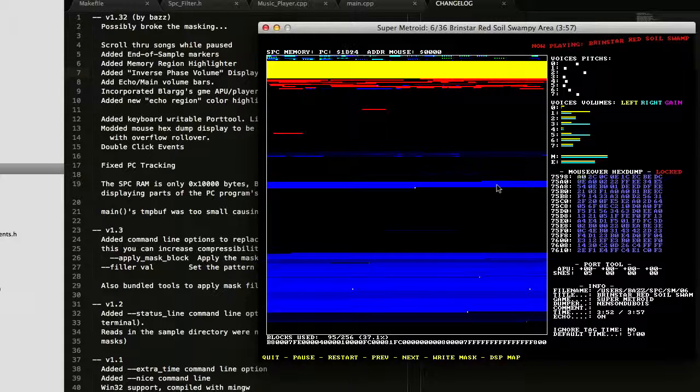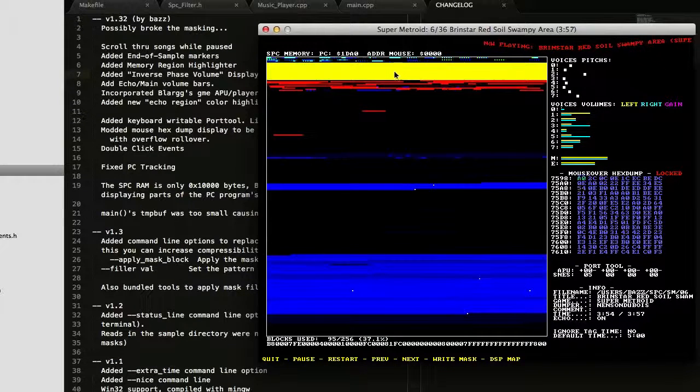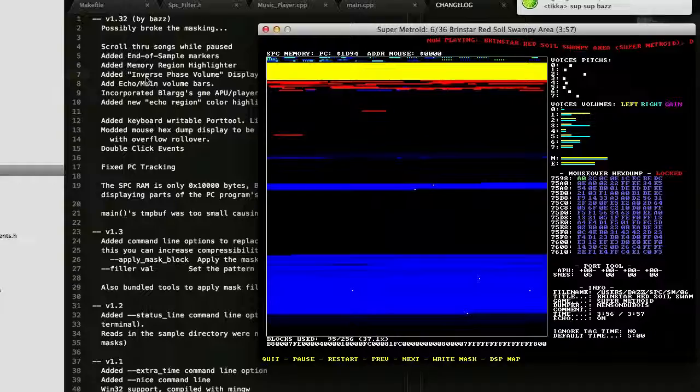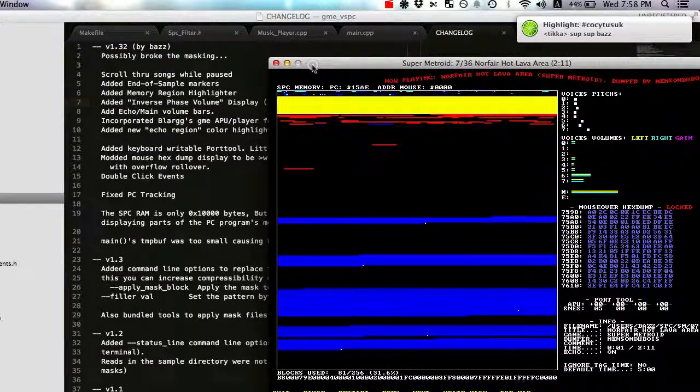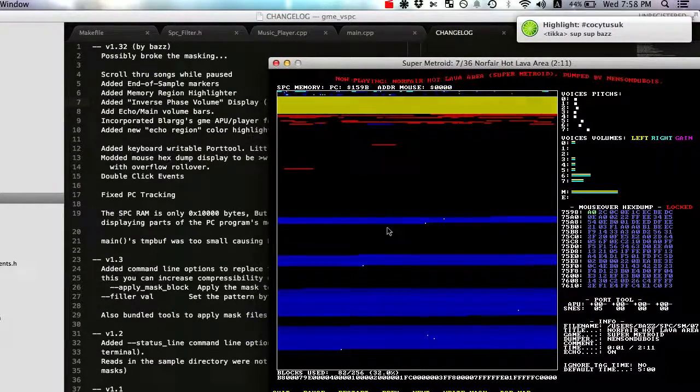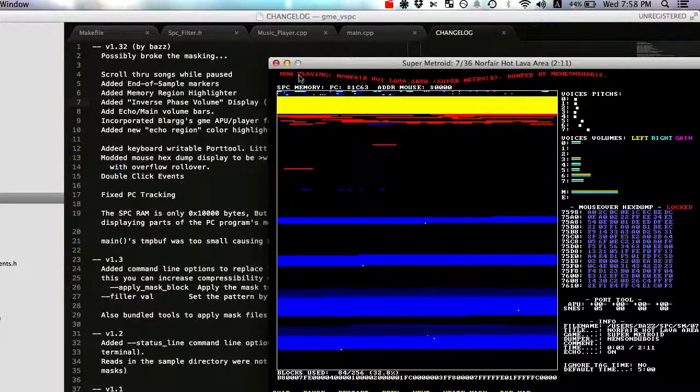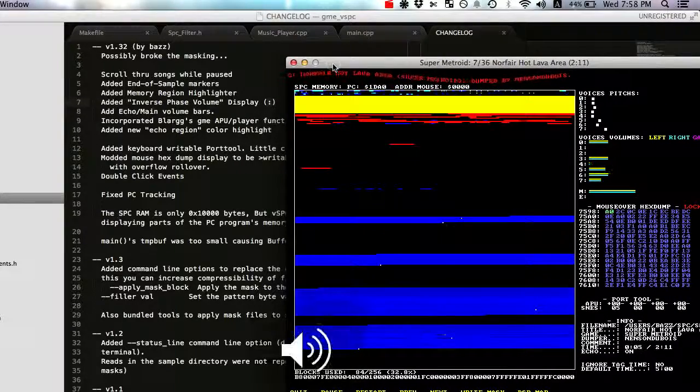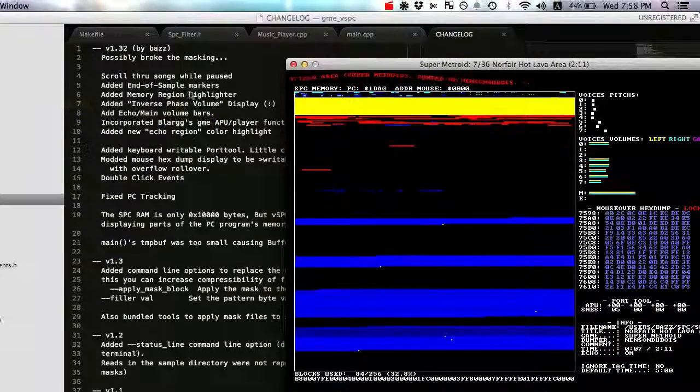Okay, another thing that I added was this yellow memory, but I'm skipping ahead, so I want to play another song. Okay, so I added the inverse phase volume display. So what that is